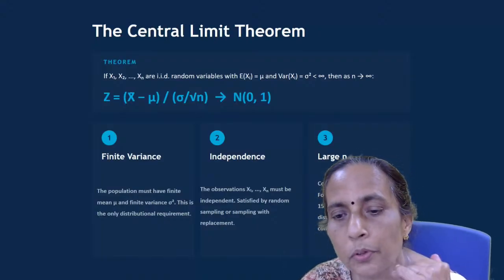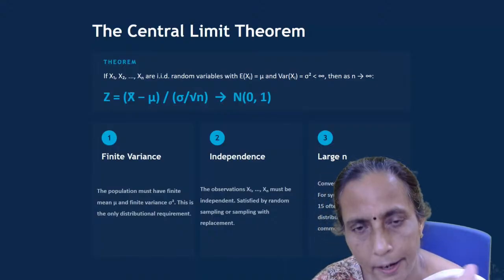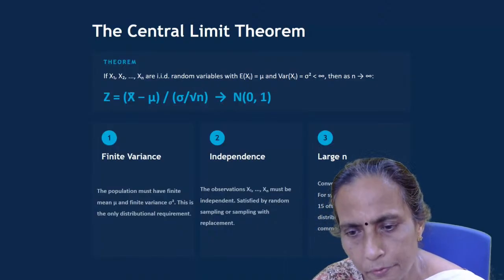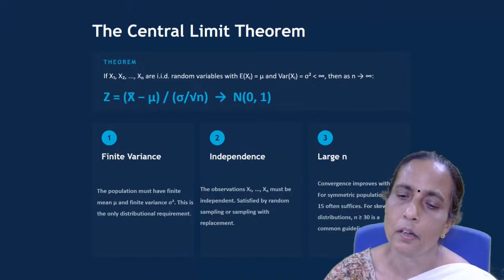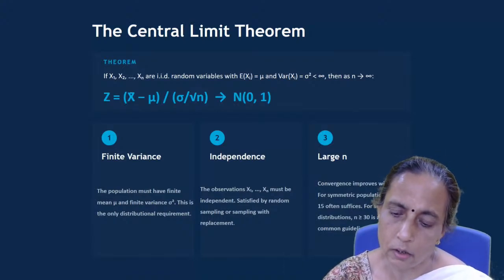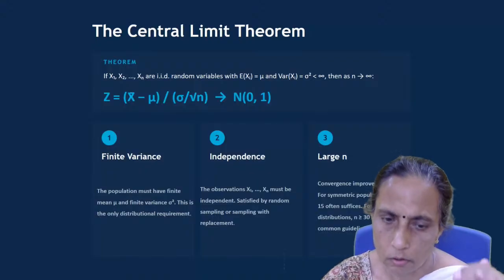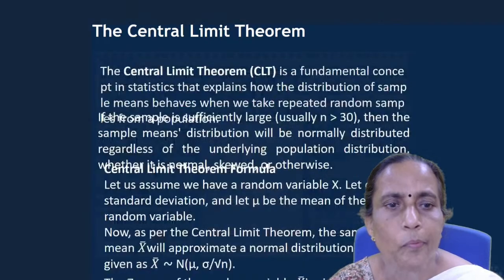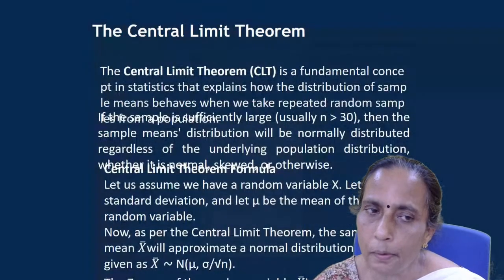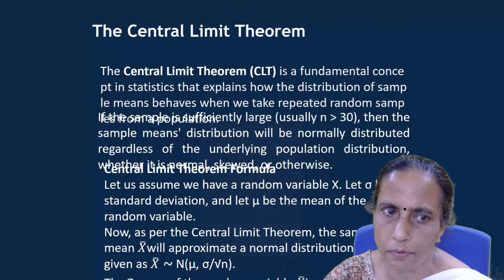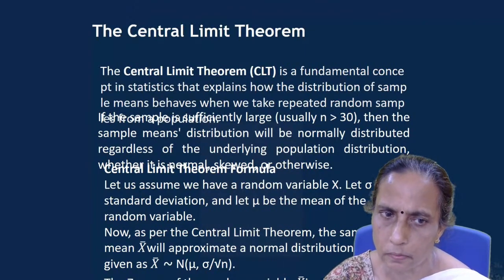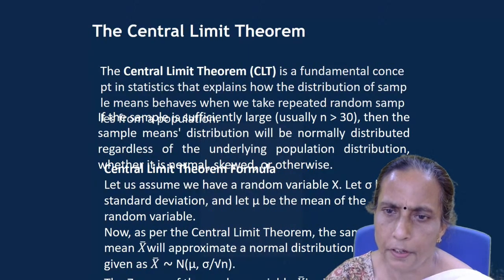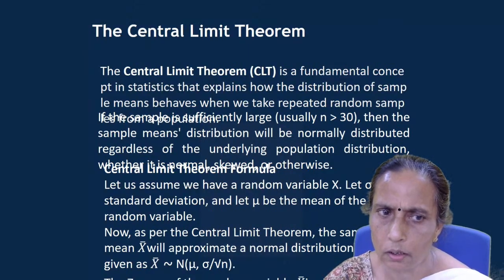Convergence improves with n. For a symmetric population, n more than or equal to 15 often suffices, but for skewed distributions, more than 30 is the common guideline. The central limit theorem is a fundamental concept in statistics which explains how the distribution of the sample mean behaves when we take repeated random samples. If the sample size is sufficiently large, usually n more than 30,